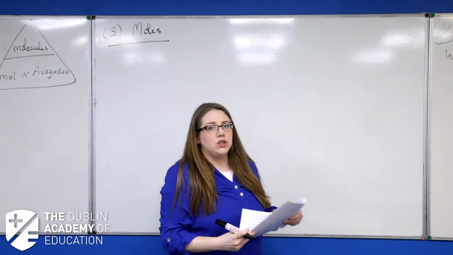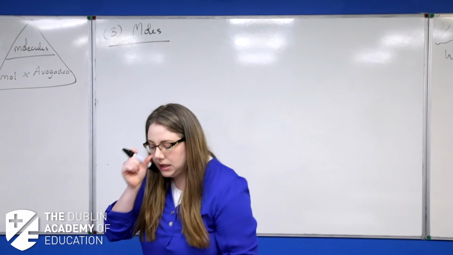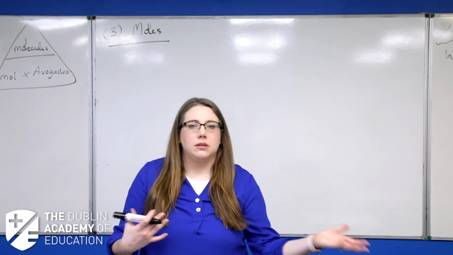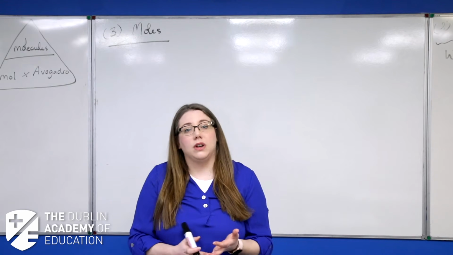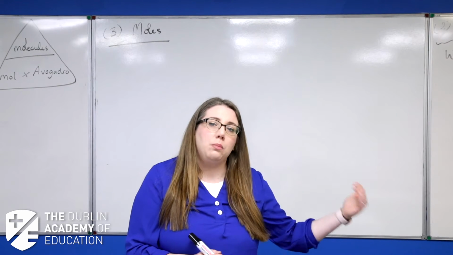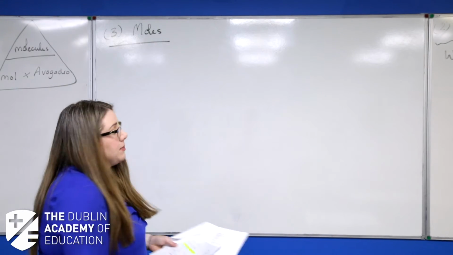Now, a mole is just an amount. It is a word that we use in chemistry to describe an amount of a compound. So like with eggs or something else, if you have a pair, you've got 2. If you've got a dozen, you've got 12. A mole tells me how much of a particular substance I have. And it's a really nice one to use.